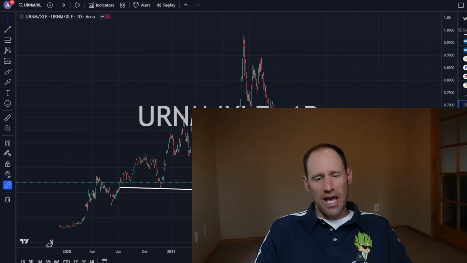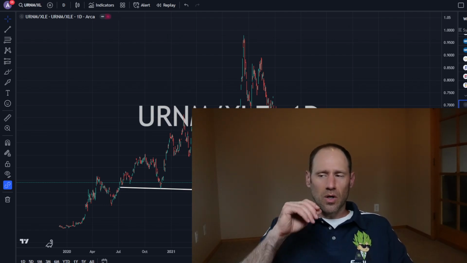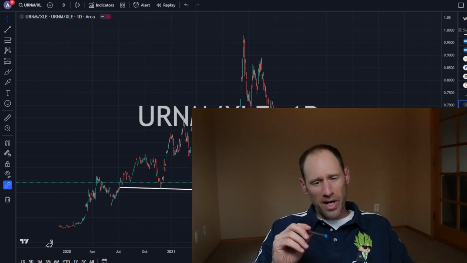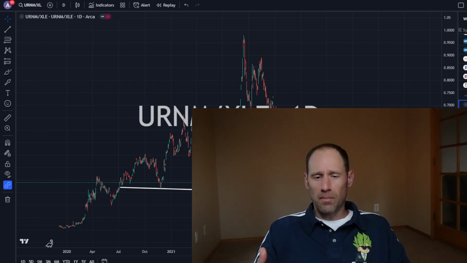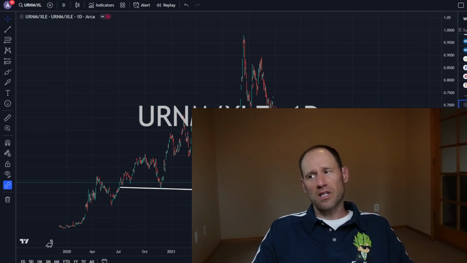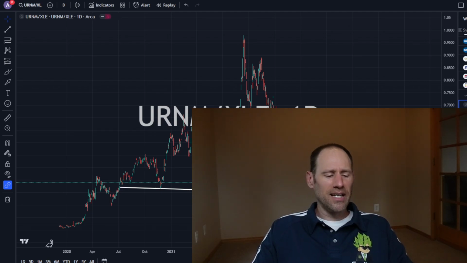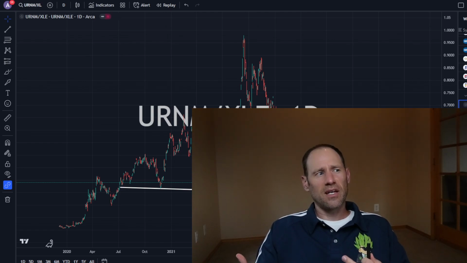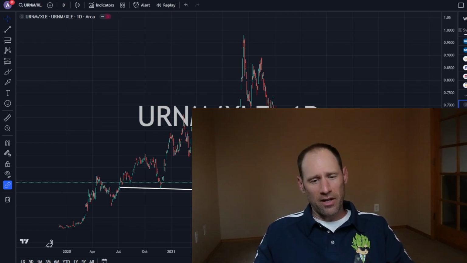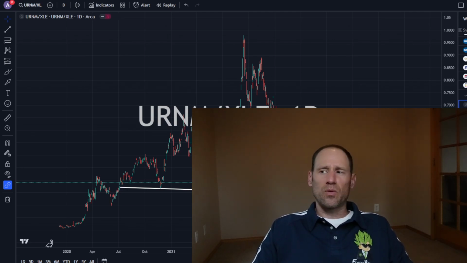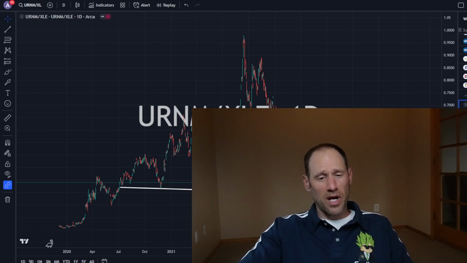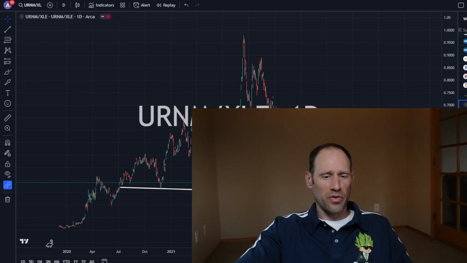It's not 100% accurate. Nothing is. So you can buy something very cheap and you might have to wait a while for it to actually start to take off. It can break a downtrend and still go sideways for months or maybe even years after breaking the downtrend. So it's not a get rich quick scheme. It's just saying it's cheap, it's broken the pattern or the downtrend, and we are going to eventually work our way higher. So let's take a look at some of these ETFs, and I think maybe you'll be surprised, maybe you won't, on the valuations of some of these and what they're doing.